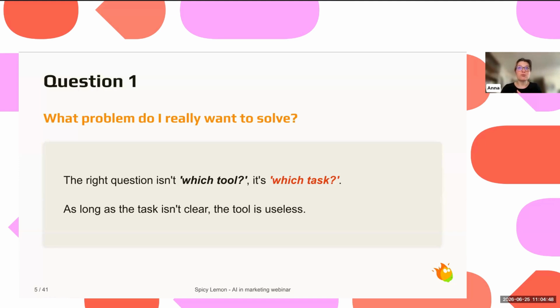And the good question is never which tool am I going to use? It's always which task am I willing to automate and why. To give you my personal example, I love writing LinkedIn posts. So when I first tried to create all my agents to automate my LinkedIn ideation, I actually almost never used them because I always want to rewrite them, because I like this task. That's where I'm always going to be very critical regarding what AI does. So I may use it to help me a little bit sometimes, but it's not something that I'm always using to replace what I'm doing.